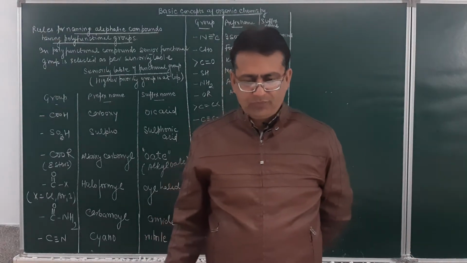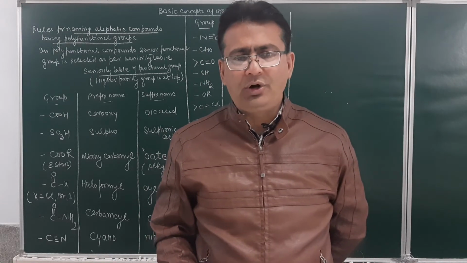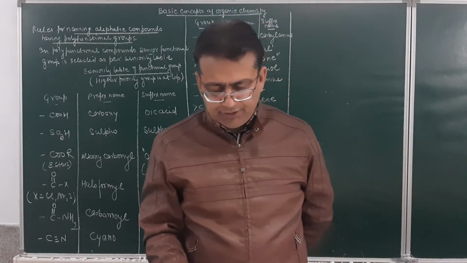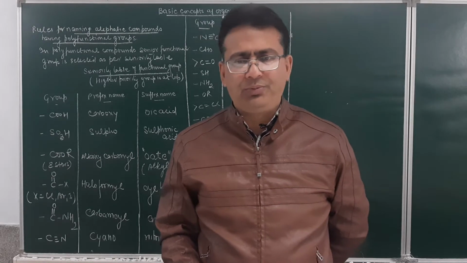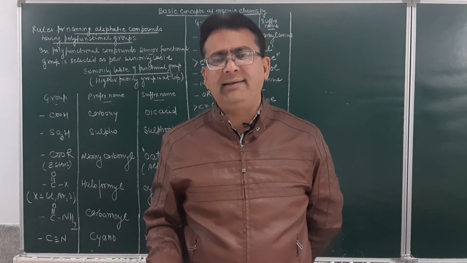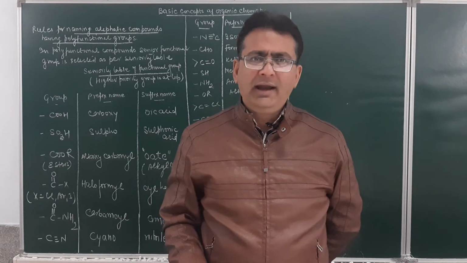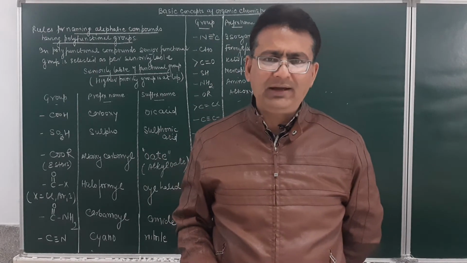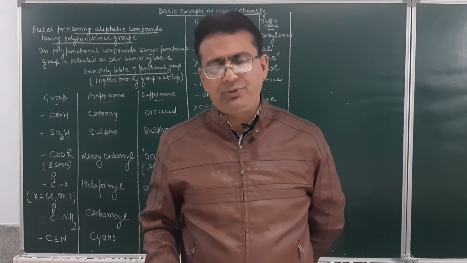Good morning, students. In our previous lecture, we discussed the naming of organic compounds having polyfunctional groups. Poly means many. I told you that if an organic compound contains more than one functional group, then one functional group out of them will be selected as the senior functional group, which will be responsible for the suffix name, and the rest will be treated as substituents. Am I clear? Now, which functional group is to be selected as the senior functional group?